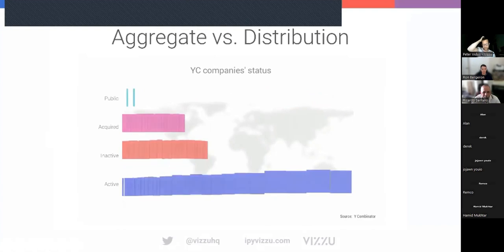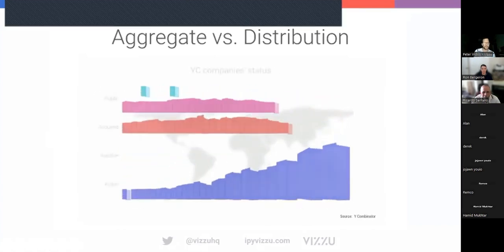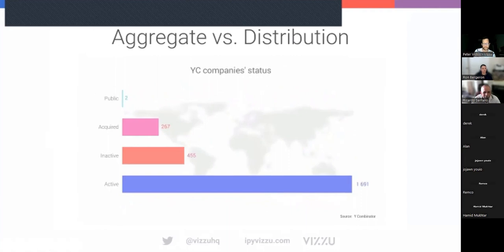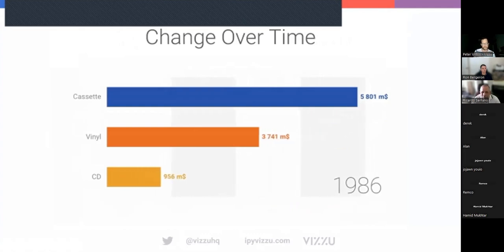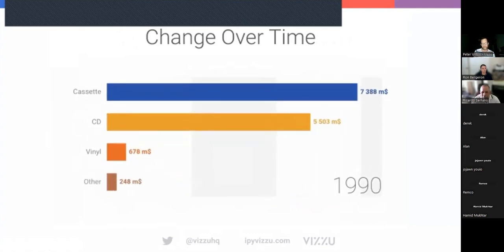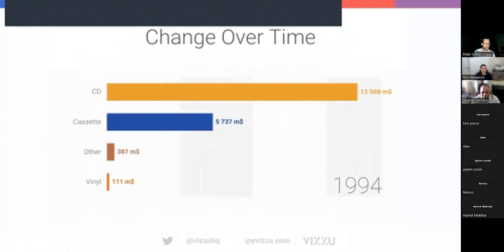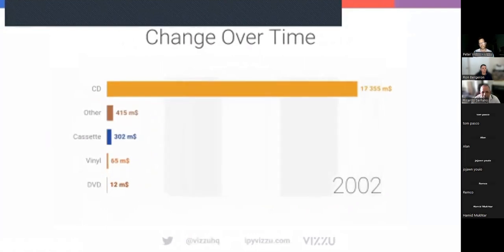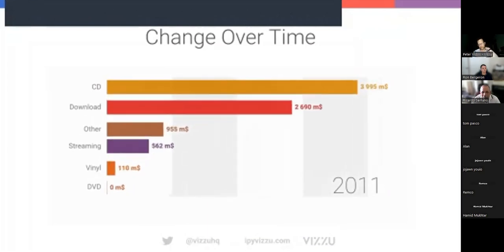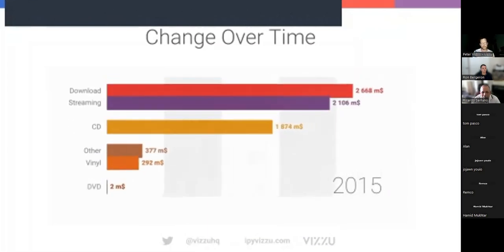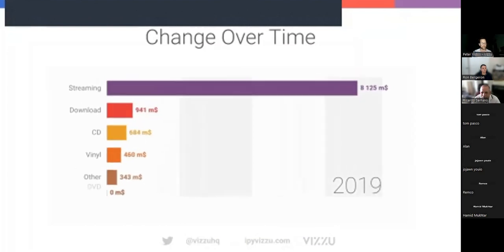Okay, so switching between aggregate and distributed view is also a very straightforward example. Just like Ricardo said, one of the examples where animation can be very useful is when you want to show change over time. I'm pretty sure all of you are familiar with the racing bar charts. They were very popular a couple of years ago. They are still a very good tool to show these kinds of trends and changes, and it is fascinating to see how, in this case, revenue generated by different music formats in the US are competing with one another.